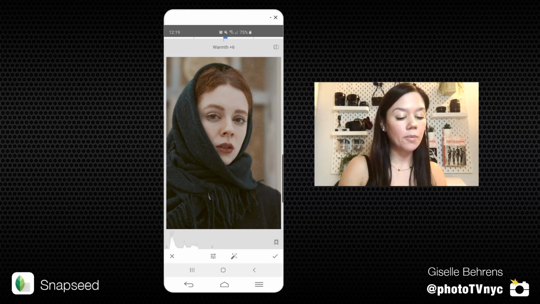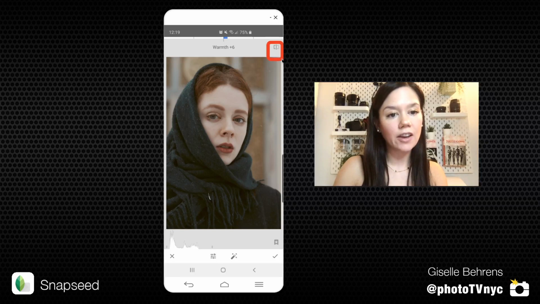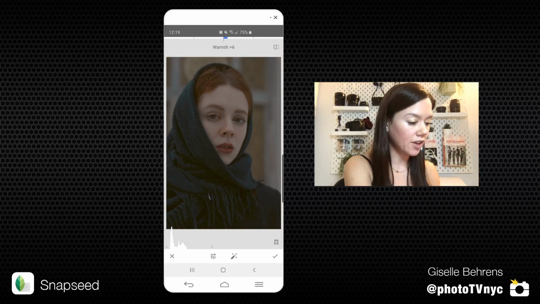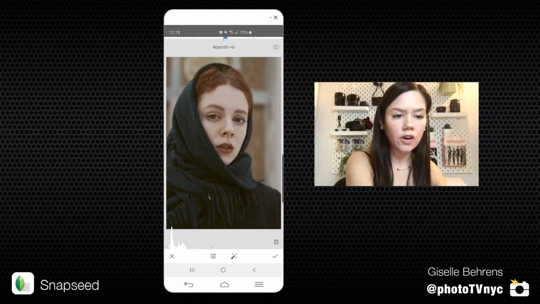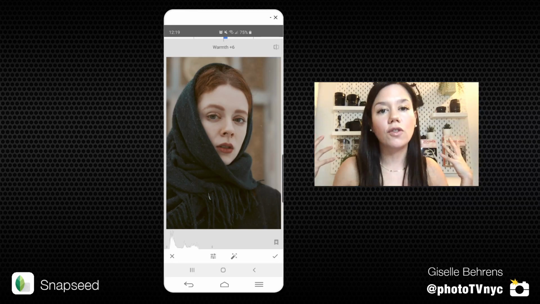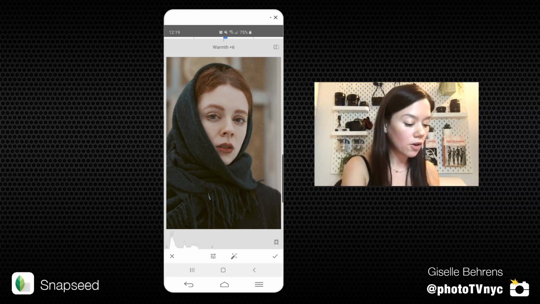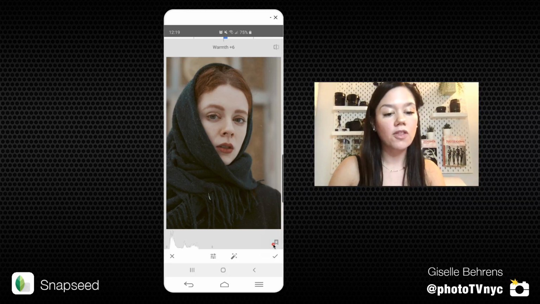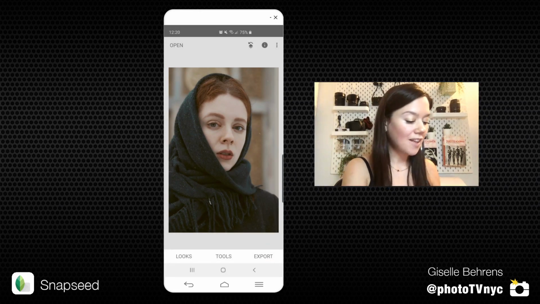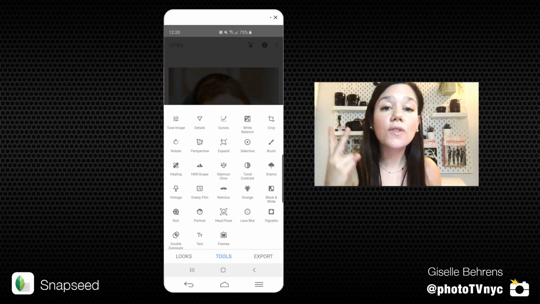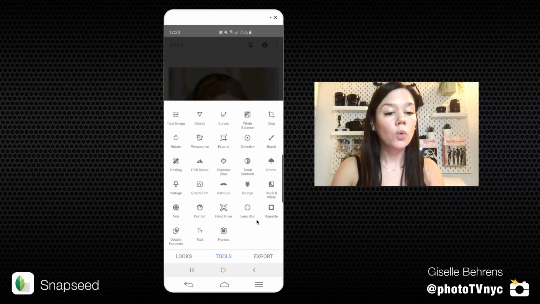So anytime on your top right icon, you can see the before and after of the adjustment. So you can see on screen how the before was darker and grayer, and now the after just starts coming alive. So I'm going to go ahead, click my check mark on the bottom right on screen, and we're going to go to tools, and we're going to go to our second tool of today, which is